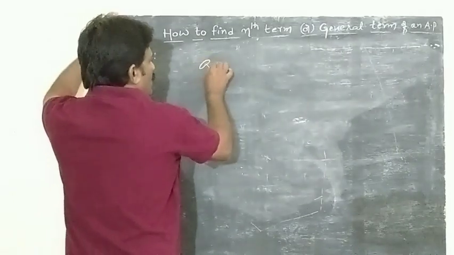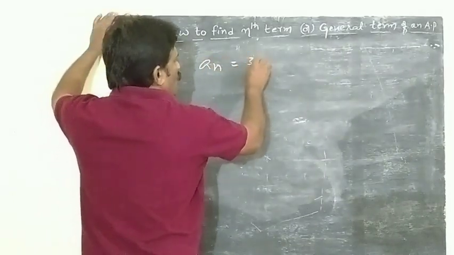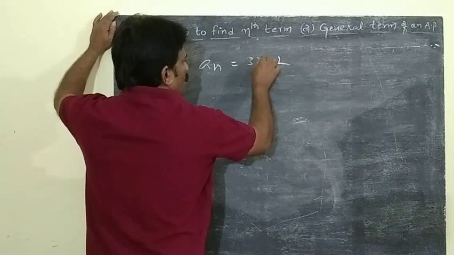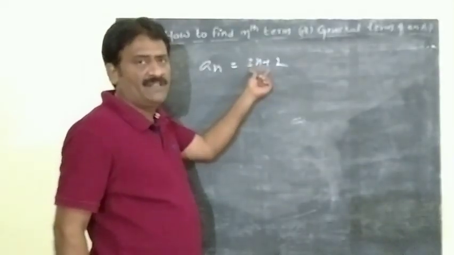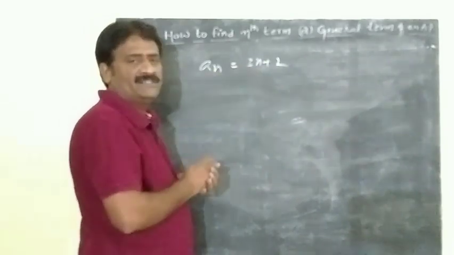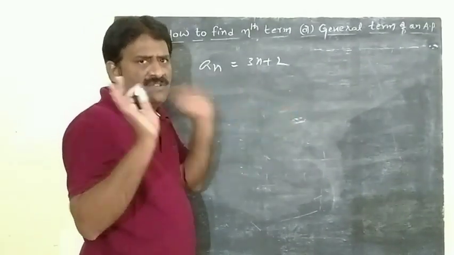For example, an is equal to 3n plus 2, where n is the variable. It is a linear polynomial. Now, let it be the nth term in a progression. Now,